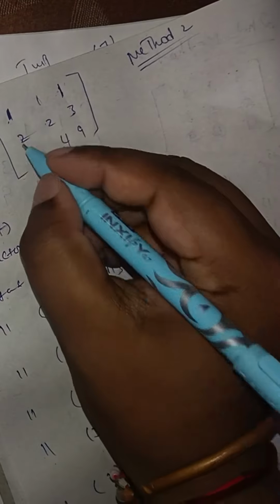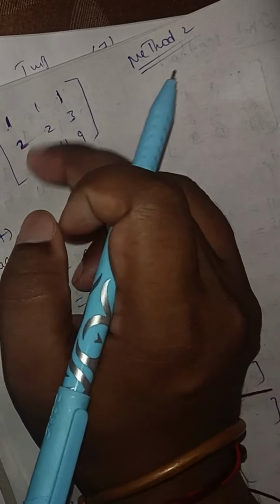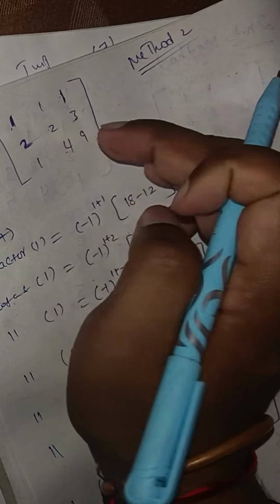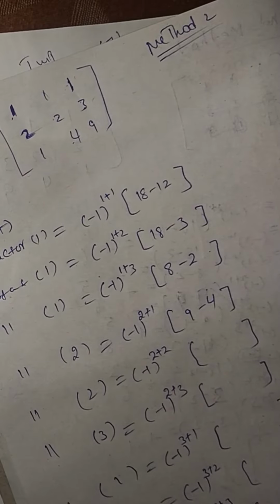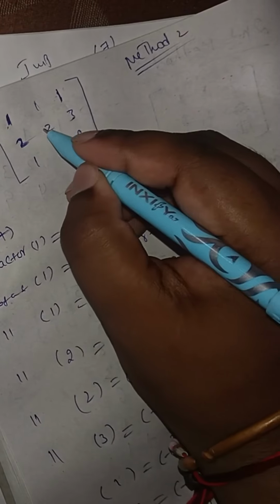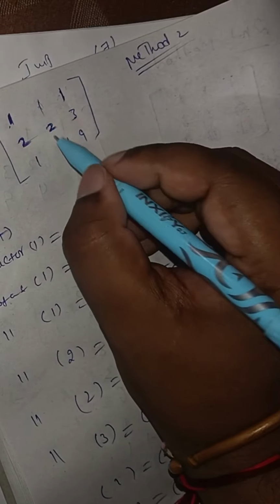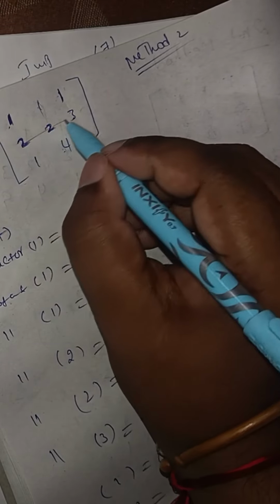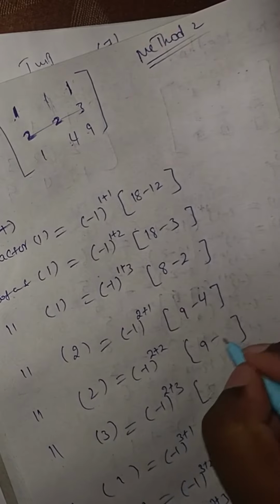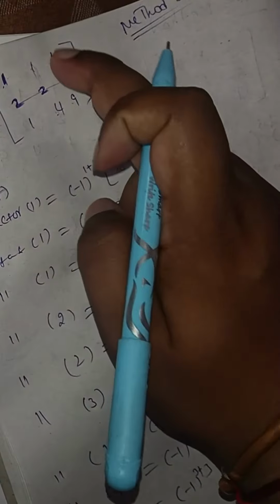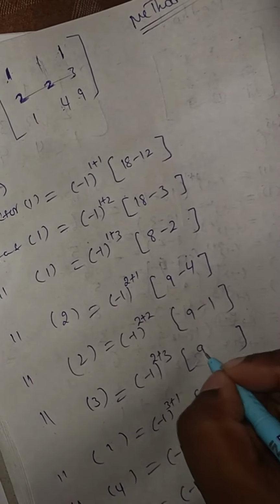Next this one for 2, what are we going to delete? This row and this column we will delete. 1 9s are 9 minus 4. Okay, next this element, what do we need to delete? The existing row and column, this row and this column. 1 9s are 9 minus 1 1s are 1. Next this one, delete it: 1 9s are 9 minus